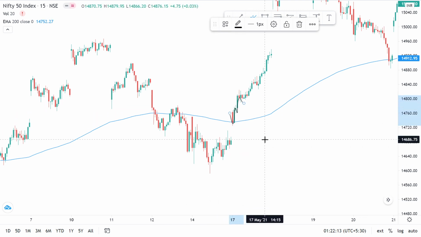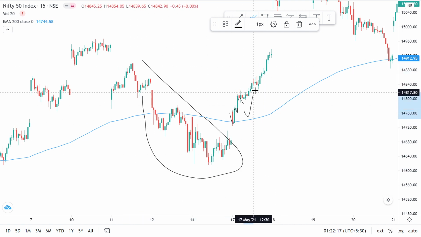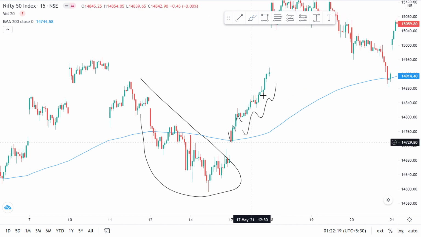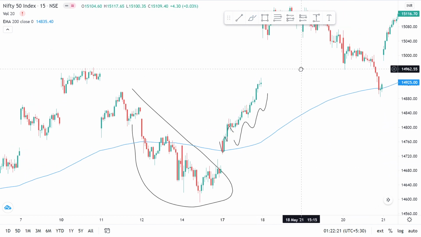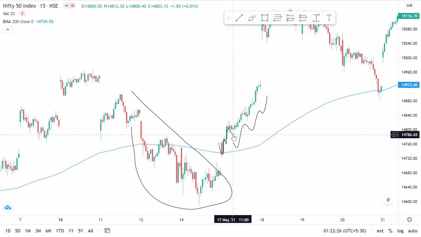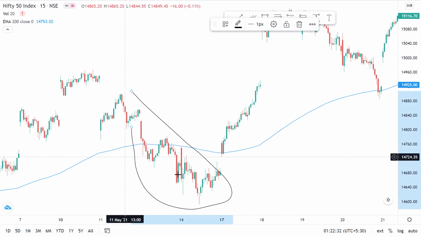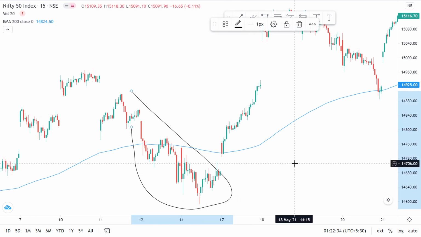So as soon as this happens, you need to understand that all these sellers are stuck here, and now price is stuck in an upward momentum. So more and more short covering will take place, and even more momentum will come along with this. As soon as you observe this price action, this observation of your market structure is your second confirmation, after you already analyze that this is the gap up which has happened in the market and now buying pressure may come. Now you confirm this buying pressure, nothing but price action.